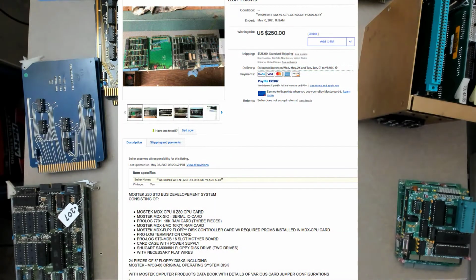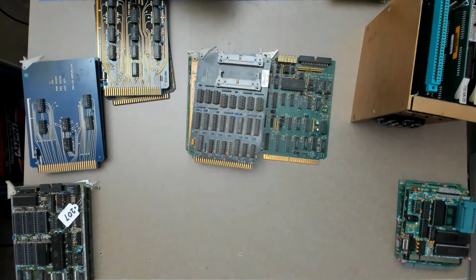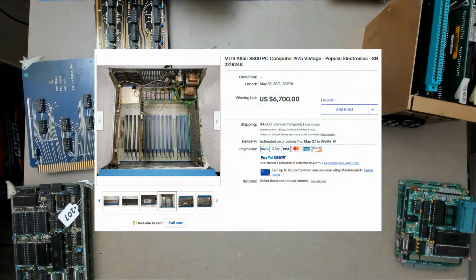Here's a nice complete system with a Mostek Z80 MDX CPU, a serial I/O card, 4 RAM cards, a Mostek disk controller, 2 8-inch drives in a cabinet, and a rack, a backplane, power supply, and original documentation and software, all for $250. I mean, that is a nice little system. And these are just the ones I pulled off the sold listings sorted by price, but none of them are that unusual. A couple $100 buys a lot of STD hardware. Plus, it goes without mentioning that it can be tricky trying to justify bringing home a $4,000 Altair, and it's much easier to bring home $20 STD bus cards that will completely slide in under the radar.